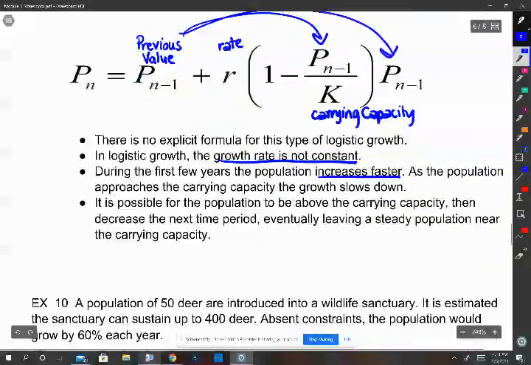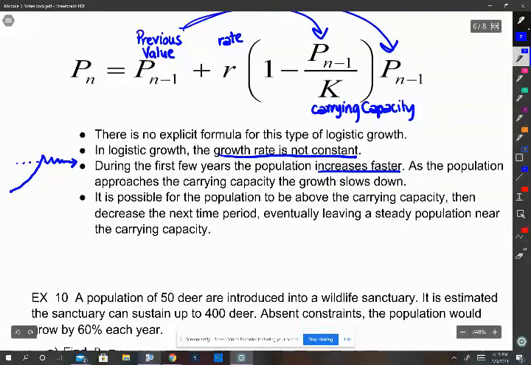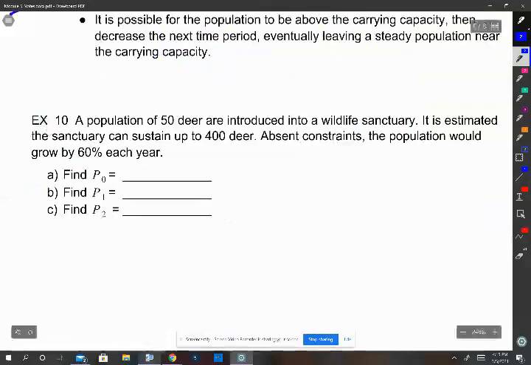So if this is your carrying capacity, you're starting down here and it's going to grow fairly quickly, not necessarily linearly, but it's going to grow. And then it's going to go above and below until it eventually levels out, where it stays pretty close to that carrying capacity. So the main idea here is that we can figure out how much, but again, we have to keep track of